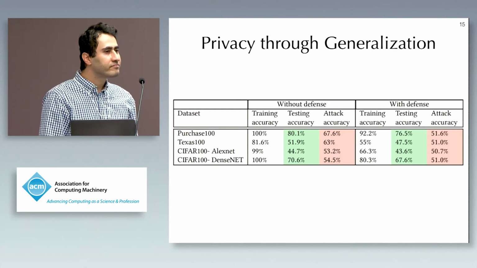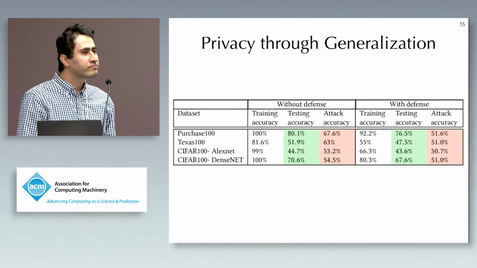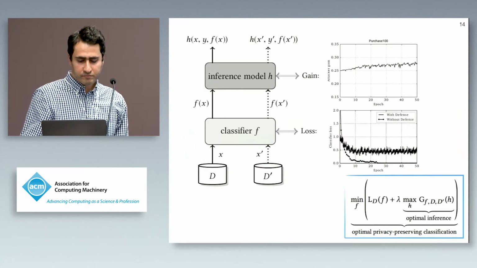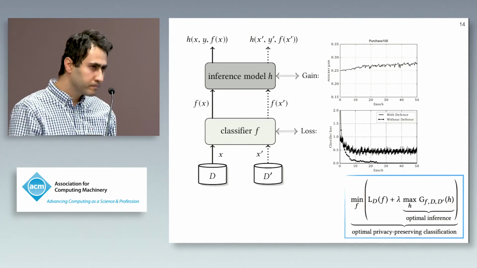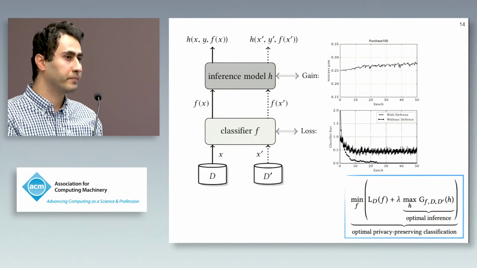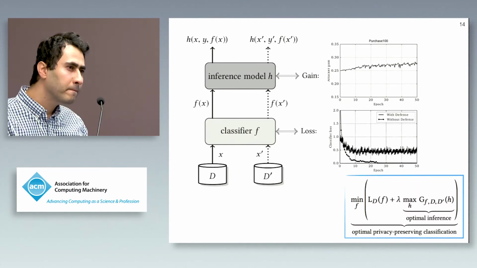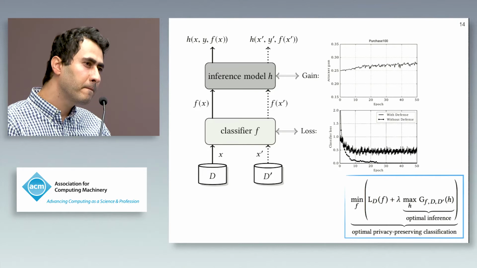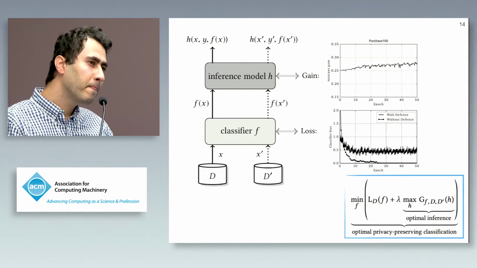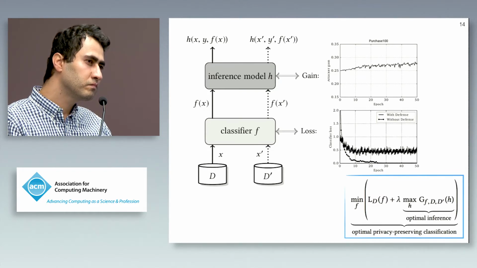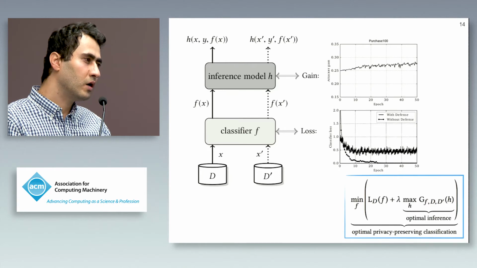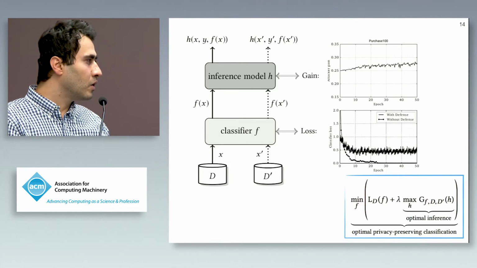Yeah, thank you for a good talk. In the utility function, you're trying to minimize the utility and at the same time minimize the gain. Minimize the maximum gain, yes. But don't you think there are cases where this could be in conflict, or the attacker can use this against you? If you try to minimize the gain, maybe you will not do a good job in the loss part of the utility function. Is there potential for conflict between protecting and increasing the accuracy of your algorithm?